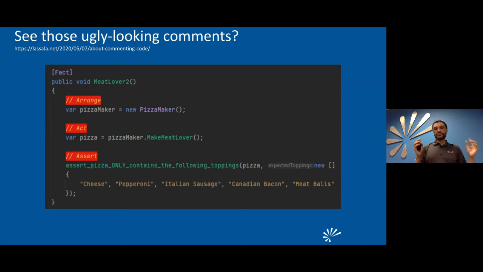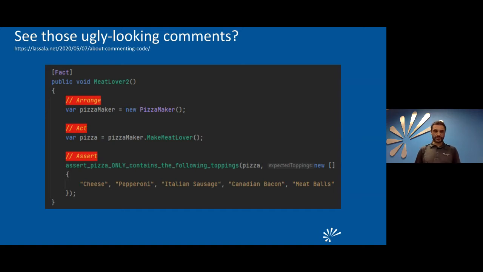My point being that if somebody took the time to put a comment in the code, I might as well read it. It's important, right? Somebody commented on it. And when those comments don't really add anything to the comprehension of what I'm reading, I get them out of there. So I have a whole blog post. You can see the link there to my blog. If you check out my blog, lasala.net, search for about commenting code. I have a whole blog post with a podcast that I've given as an interview just to talk about my take on what kind of comments I use and when I do not use them.